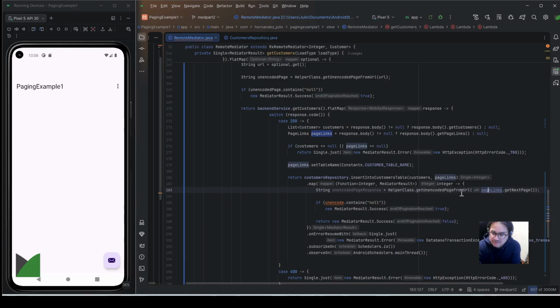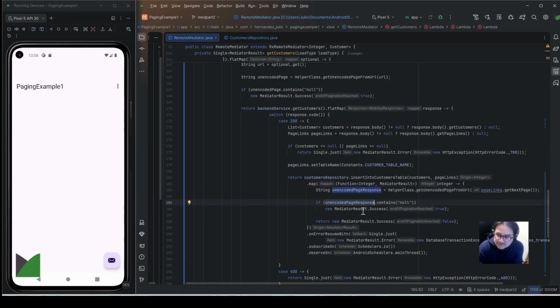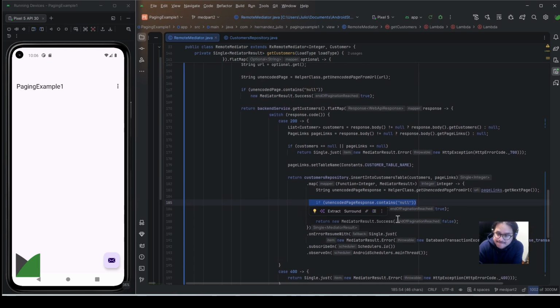Body, get next page, and now if contains null, then I'm returning our media result success with a pagination reached to true if there are no more pages. But I need here to get this. So here, inserts into customer story, but here map. Here I need to get